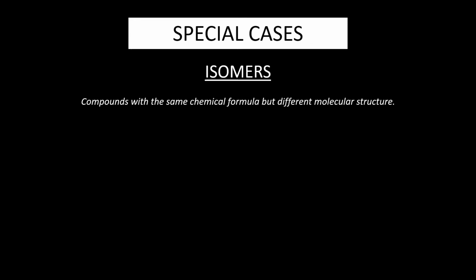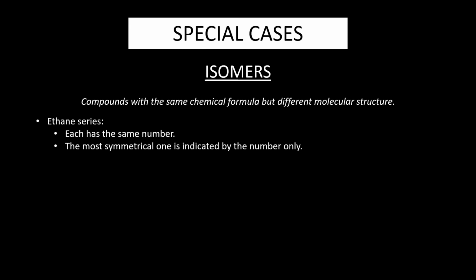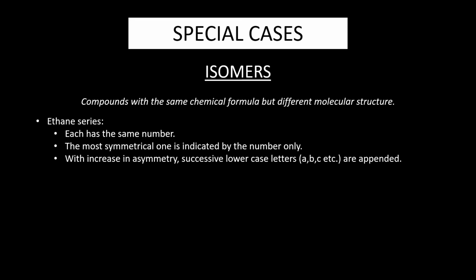Let us now discuss few special cases. The first being isomers, which, as we know, are compounds with the same chemical formula but different molecular structure. For chlorofluoro compounds based on ethane, each isomer has the same R number. The most symmetrical one is designated by the number only. As the isomers become more and more unsymmetrical, successive lowercase letters A, B, C, etc. are appended. Let us understand how this asymmetry is measured with the example of